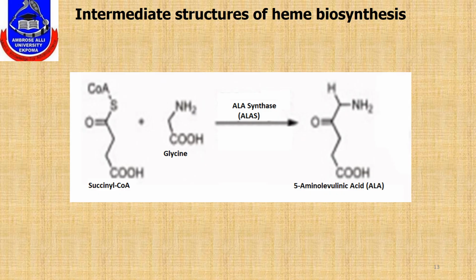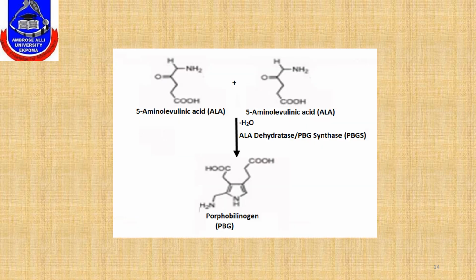So, succinyl-CoA and glycine, catalyzed by ALA synthase, will give you ALA, 5-aminolevulinic acid. That reaction occurs in the mitochondria. Now, that is the rate limiting reaction,